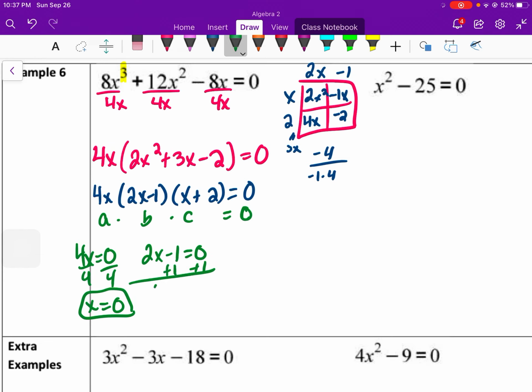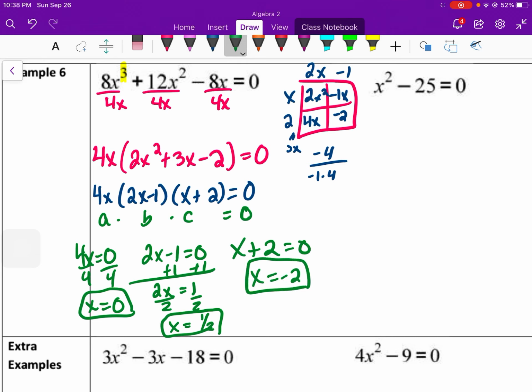Then 2x minus 1 equals 0, so you're going to get a fraction here, 2x equals 1, or x equals 1/2. And then x plus 2 equals 0, so x equals negative 2. So 3 answers for that one. All right,